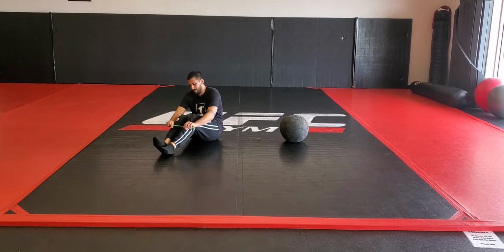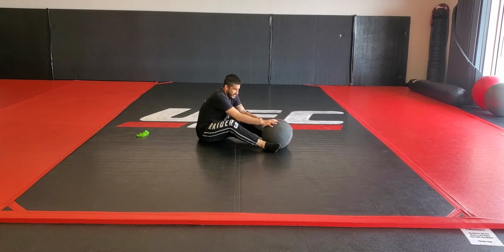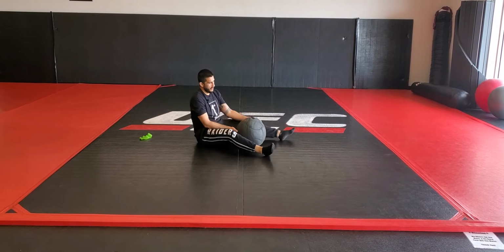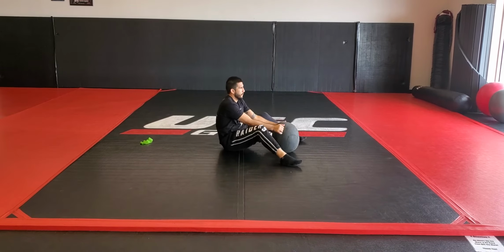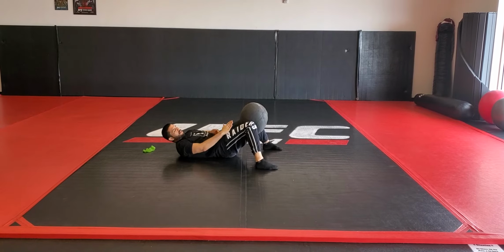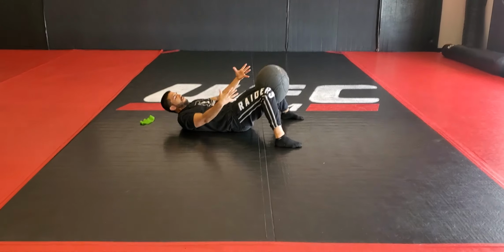So what I want to point out is a different exercise. I'm not saying get rid of that, but you've got to counteract all that hip flexion, all that external rotation. And a good way to do that here is to grab a medicine ball, flare your feet out, okay, and you pinch the ball between the knees, because now look, my knee's turning in, my hip is actually internally rotating. Okay, so I'm going to squeeze as tight as I can, and even here you can pulse it,